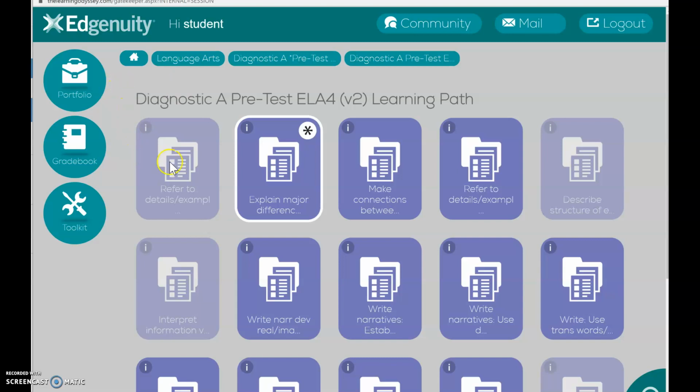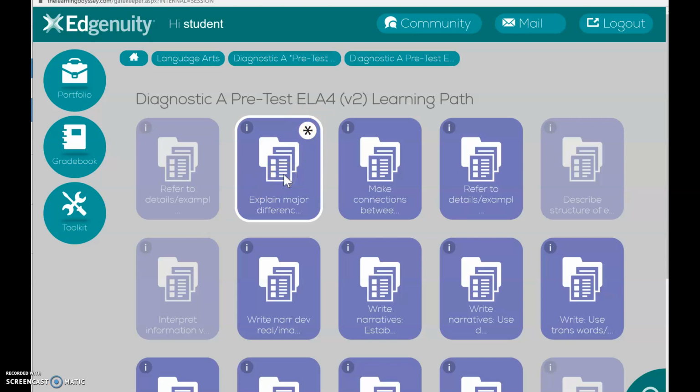As I look at the screen, I can see I have several tiles that are grayed out. That means that on the test, I showed that I had enough understanding or a mastery of those skills, so I'm not going to be retaking lessons or practice activities in those areas. But I can see that right here where I have my snowflake, this is where I'm going to start.